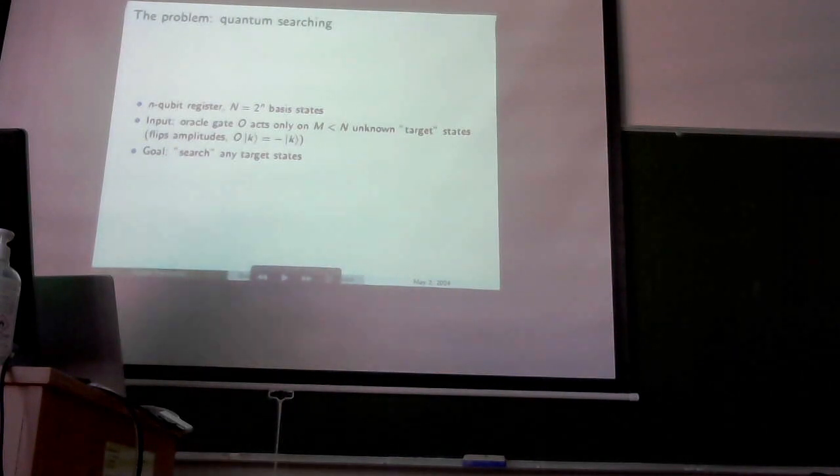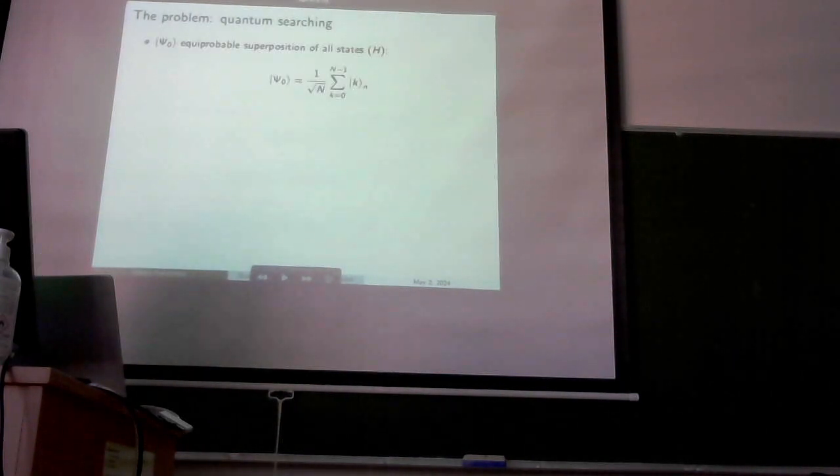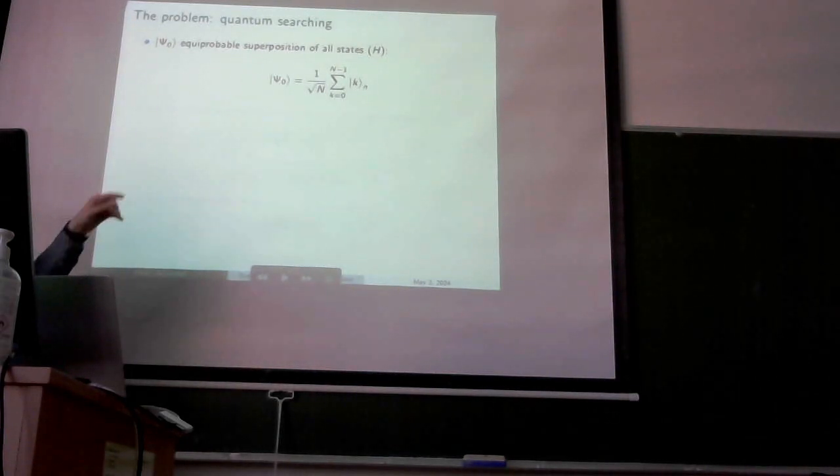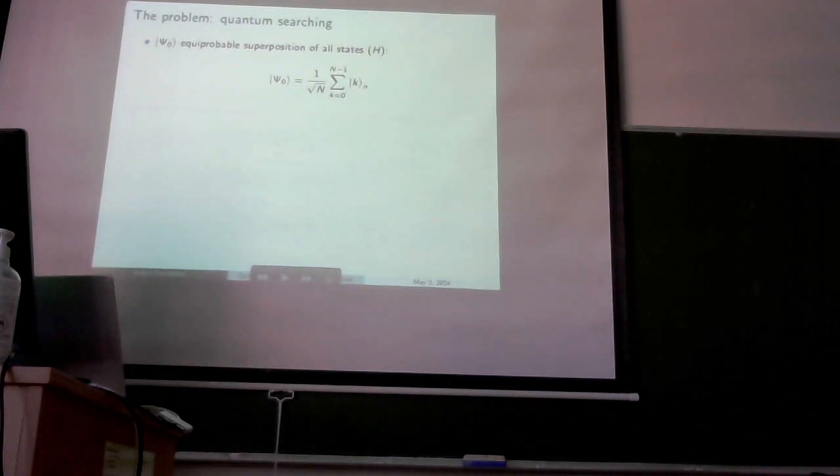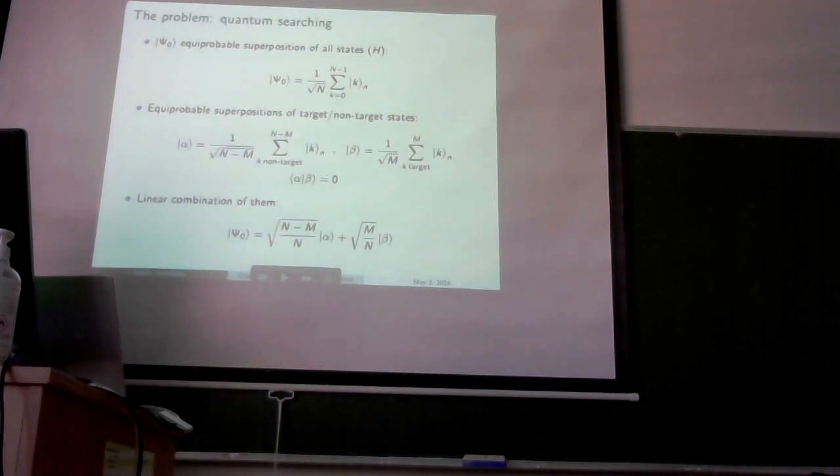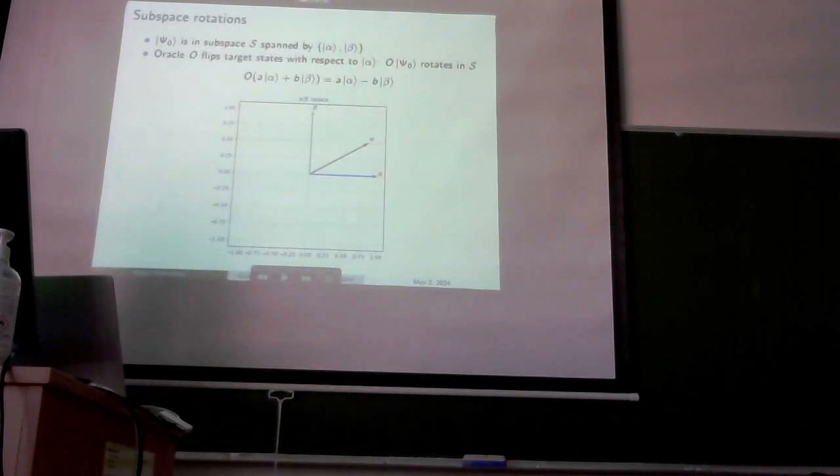So the way to do it, first of all, we're going to define conveniently some superpositions. This is the superposition of all the states, target and non-target. And then these two are the superpositions separately of target and non-target states. Since we are essentially splitting the entire space of the quantum system in two sets of elements, which share no common elements, these two states are orthogonal, and in particular, we can rewrite this general superposition as a linear combination of these two. And essentially, what we are doing here is working on a particular subspace, which is the subspace spanned by these two vectors, alpha and beta.